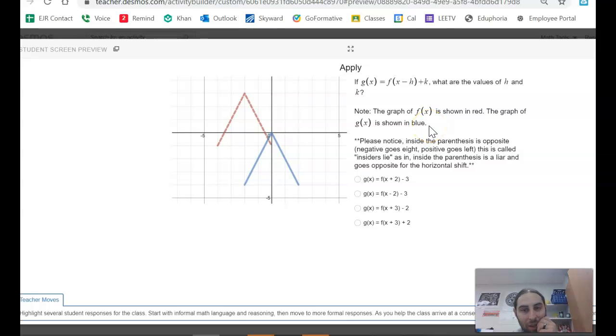All right. So this can be tricky. We're starting at the red graph and we're trying to get to the blue graph. So from here to here, it goes right 2, down 3. So right 2, remember, is going to be inside and it's a liar. So right 2 would be a -2 inside the parentheses. And then down 3,